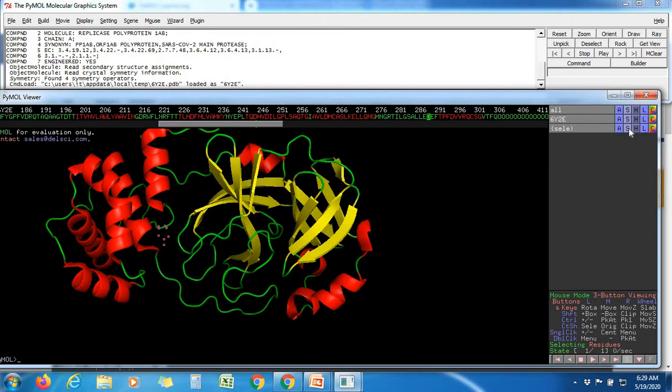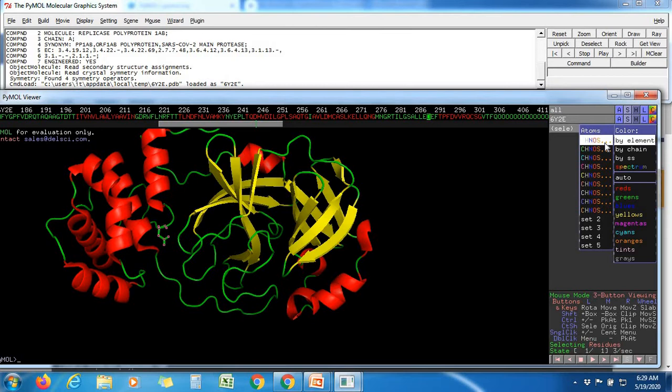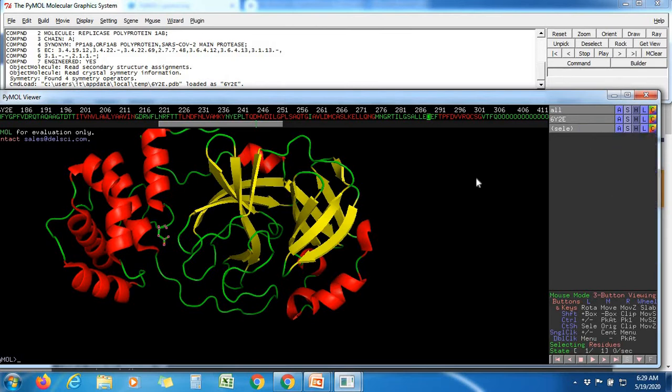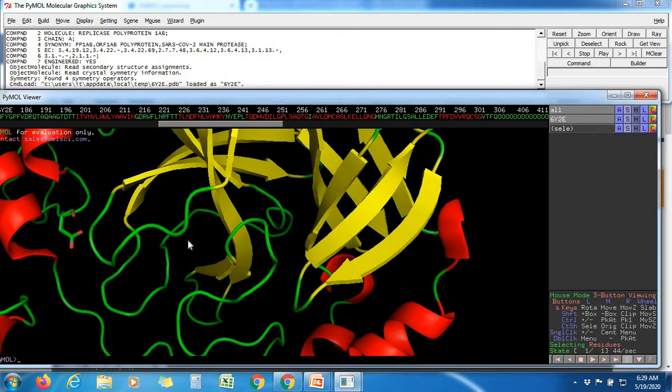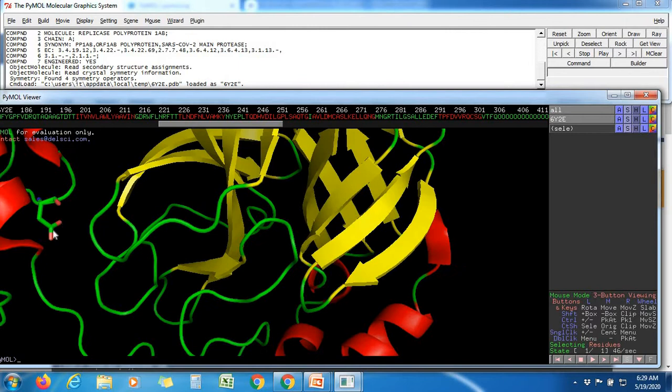Then after this, you can show that side chain as sticks, so it will show as a stick. Then you can change the color by element, giving different colors for nitrogen, oxygen. So you can give this one. Now if I zoom in, you can see that the aspartic acid C double bond OH, it has the oxygen as red in the side chain.